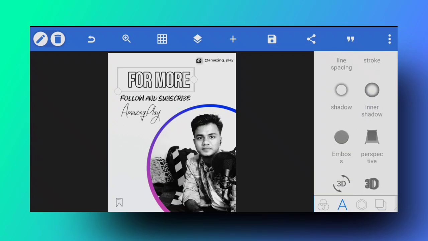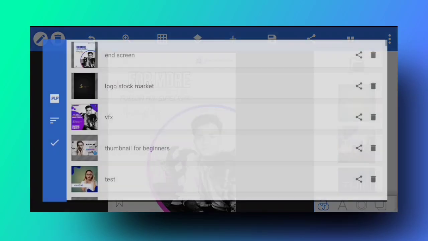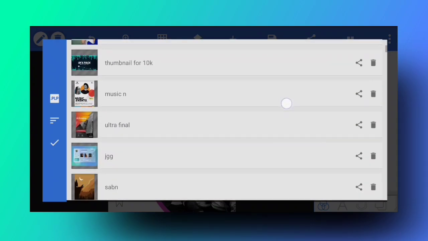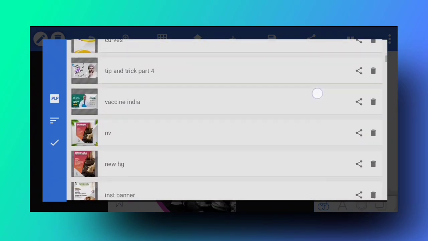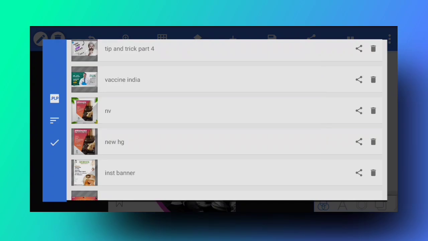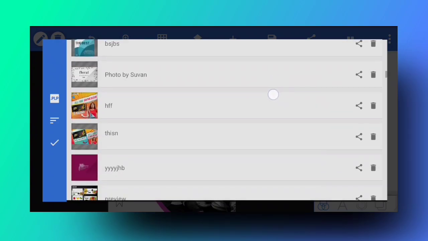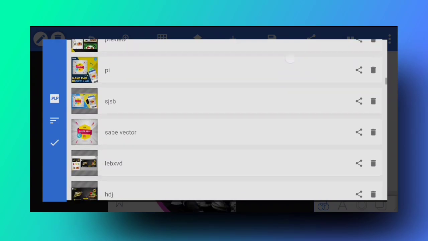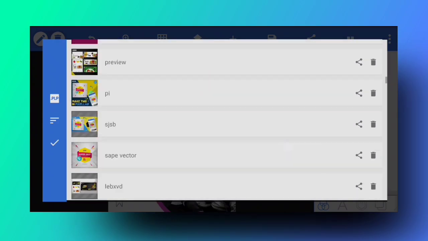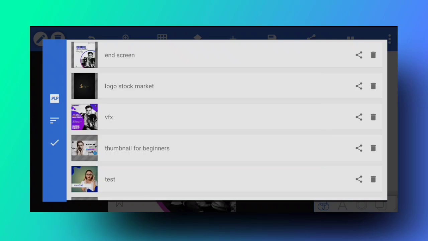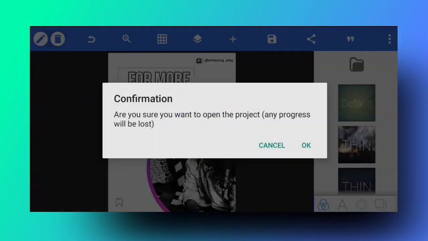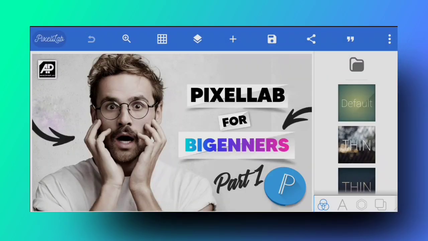Coming on to shadows. Shadows is also a very good and a very impressive function, and I really like shadows because they give my designs a 3D look. If we choose some basic design right here, I'm going to select a very basic design from my designs. Okay, so I have selected this thumbnail right here.